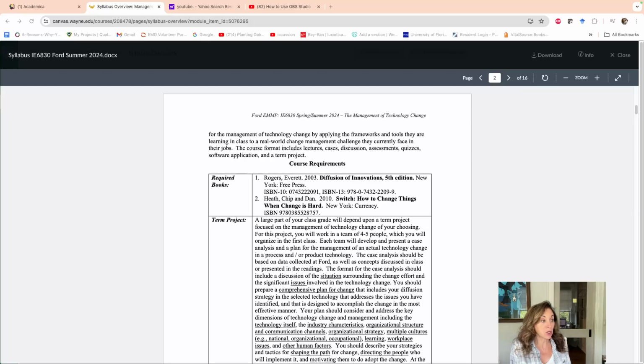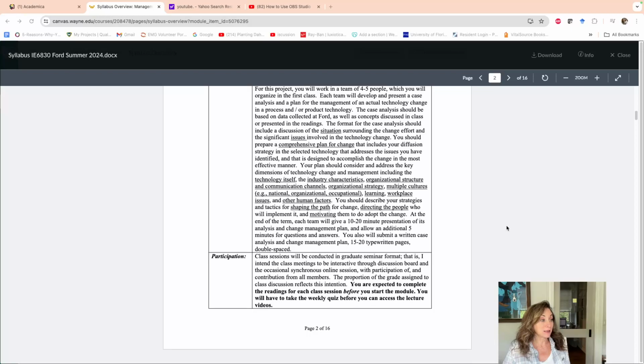The second book, Switch: How to Change Things When Change is Hard, is a really good primer on techniques that help you to understand what people are experiencing, the fear of change and things like that, and how to motivate them to move forward and make the necessary changes in the business. So one book helps you understand how innovation and diffusion takes place, and one helps you manage how to get it into your organization. These are skills that as leaders are going to be critical.